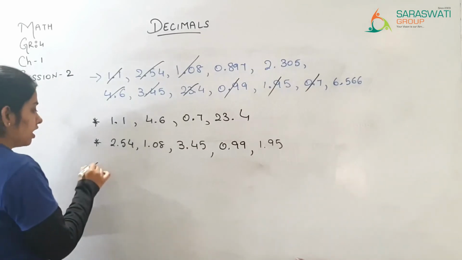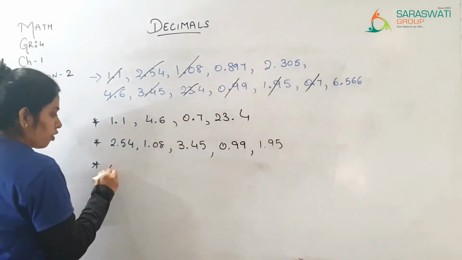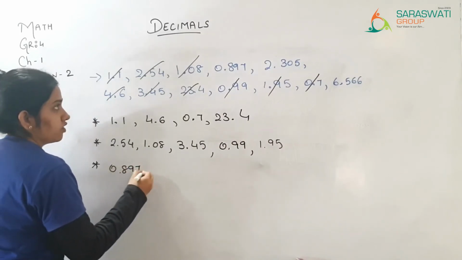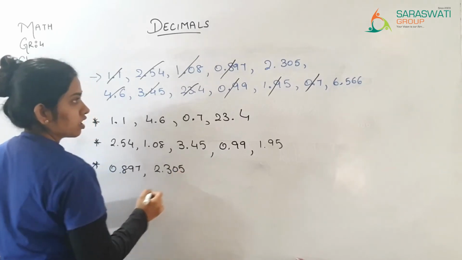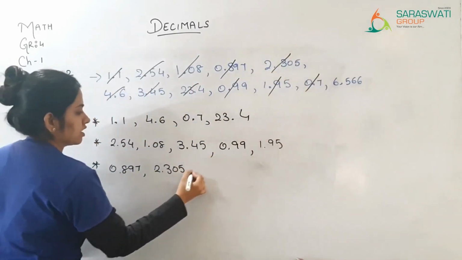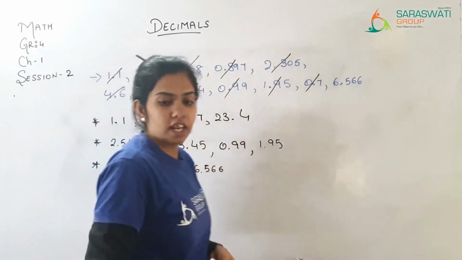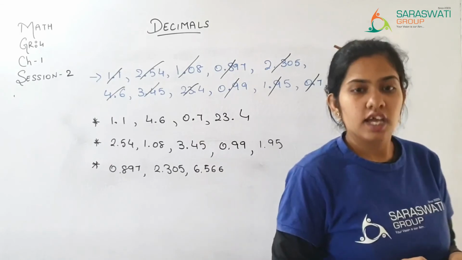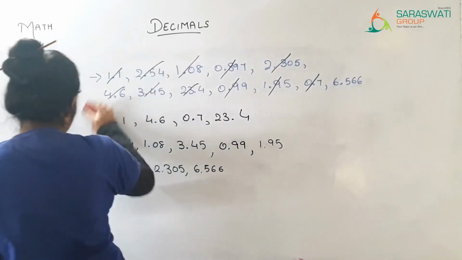Okay, now the last group, that is of 3 digits: 0.897, 2.305, 6.566. So we have formed 3 groups of like decimals. Now the next question which we have is